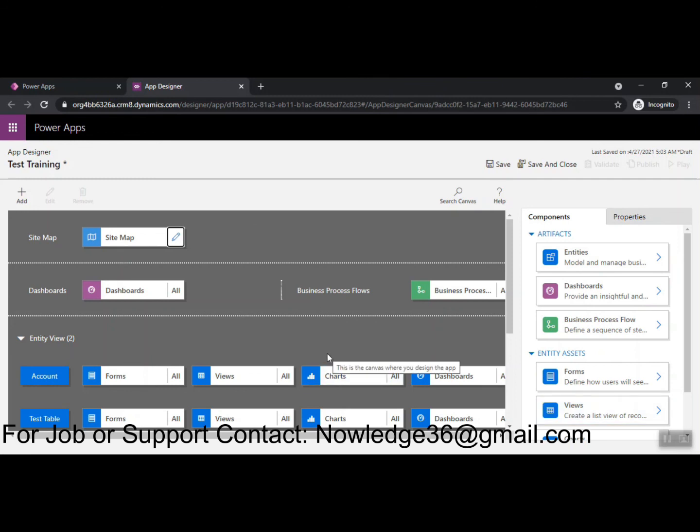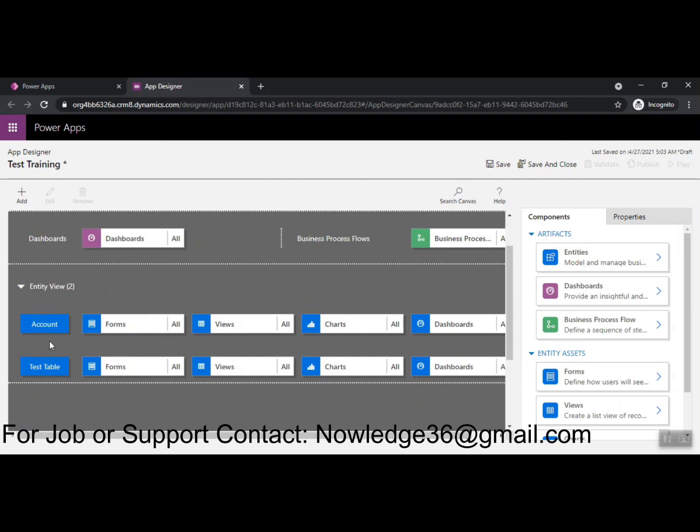Okay, and coming to the business process flows, this is a sequence of steps that is required to complete a business process. It will be in a sequence of steps. I will explain this in a later topic. Okay, and coming to here, see,